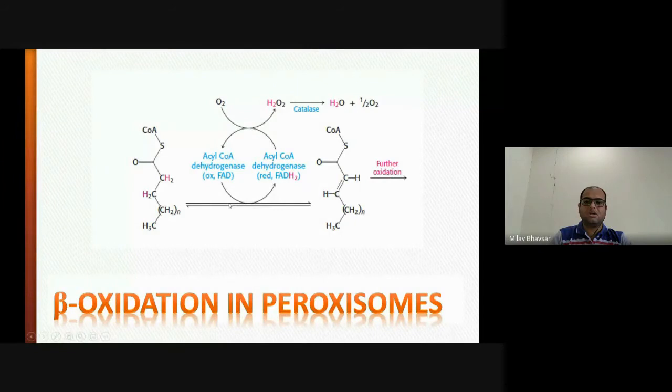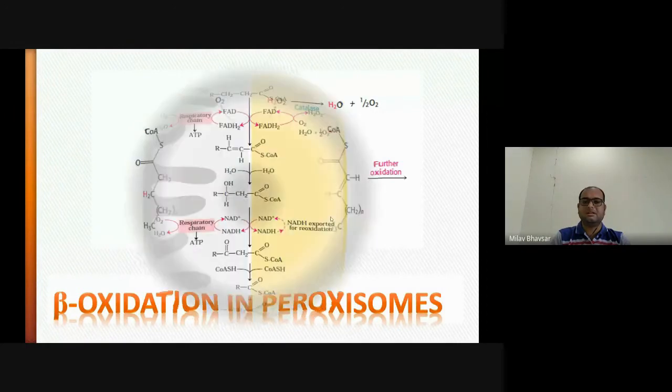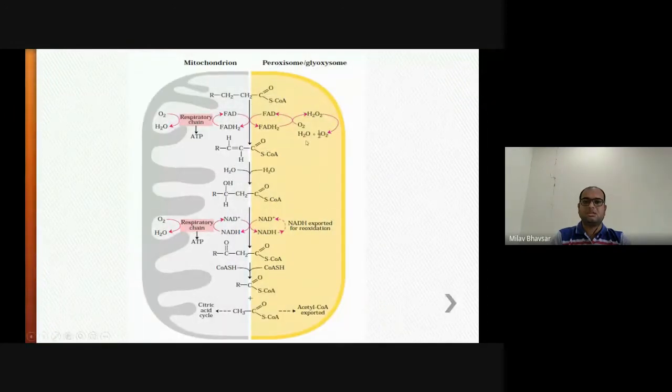the regular compound. And in peroxisome, it is going to be oxidized differently. You can see over here, this is your regular beta oxidation. In peroxisome, it is going to go in a little bit different way. NADH again gets reutilized, and this acetyl coenzyme A, whatever it is, is getting exported and then goes into the mitochondria for the TCA cycle.